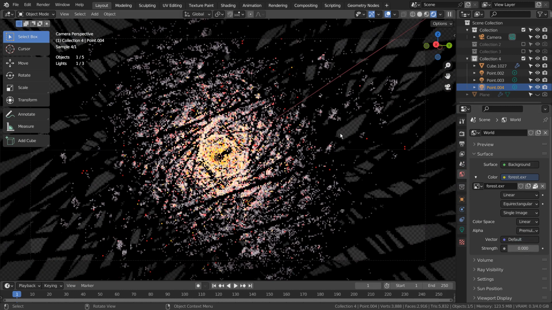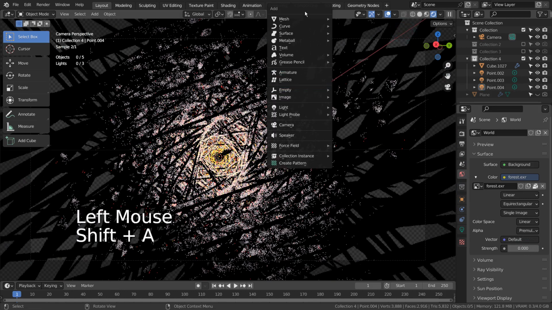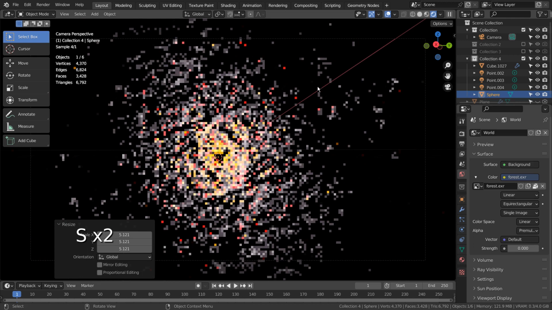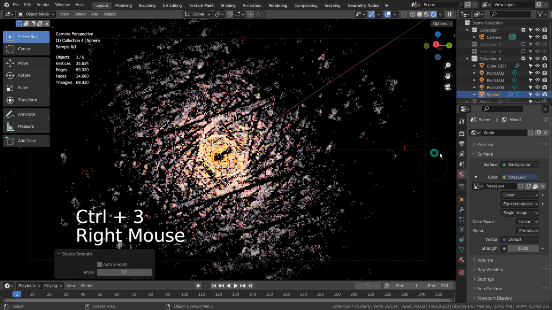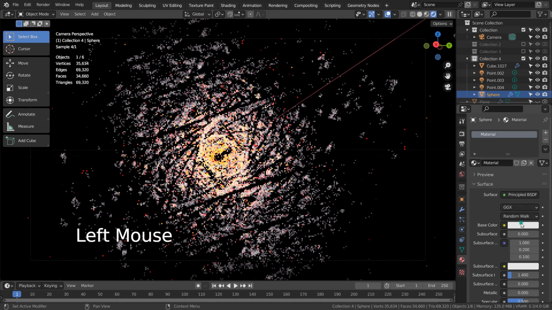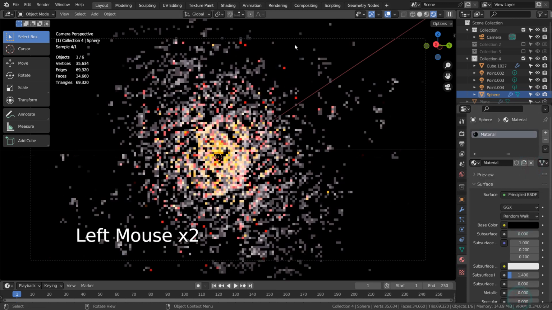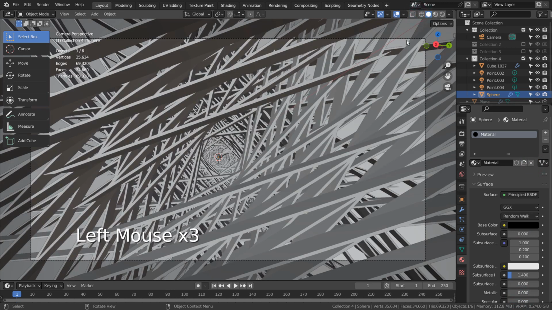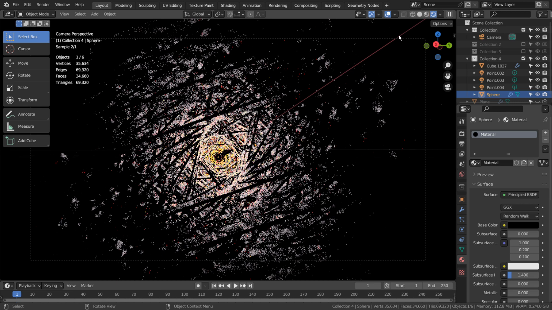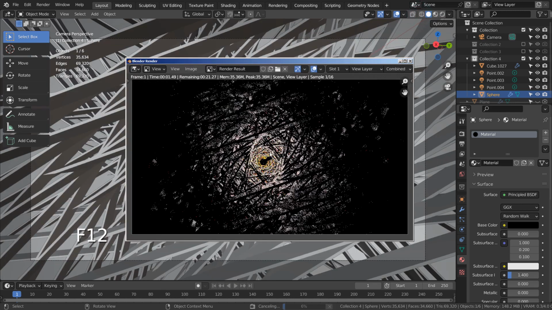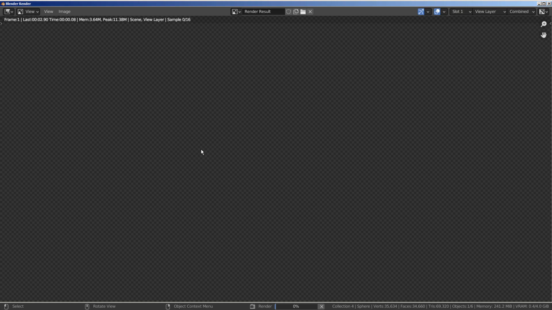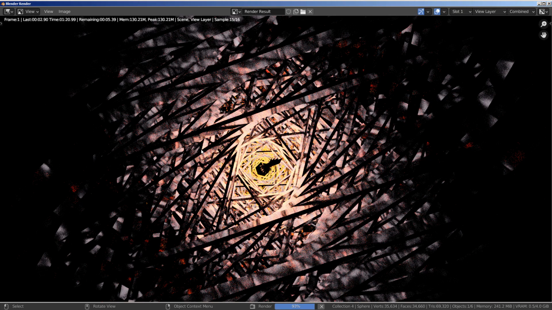Let's create a sphere and use it as the background mesh. This is without the composition, and this is with the composite nodes.